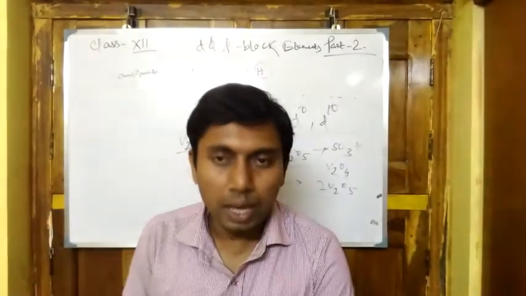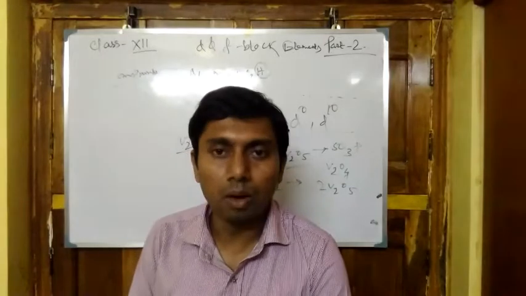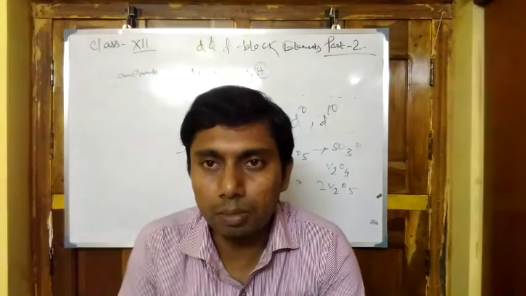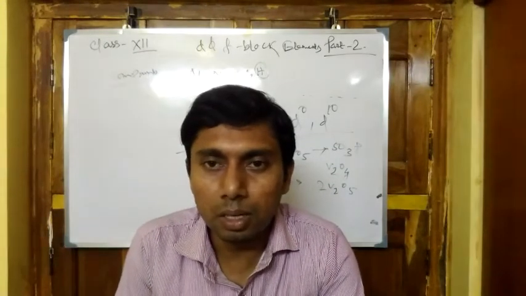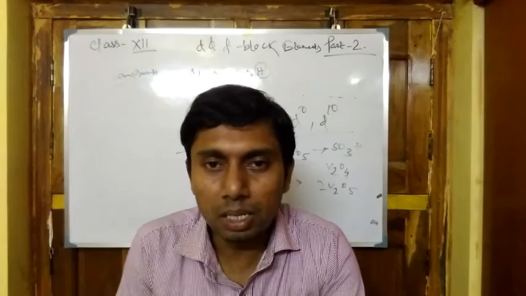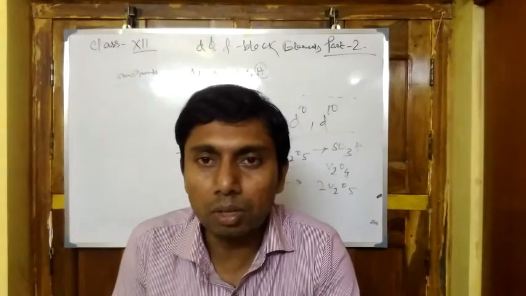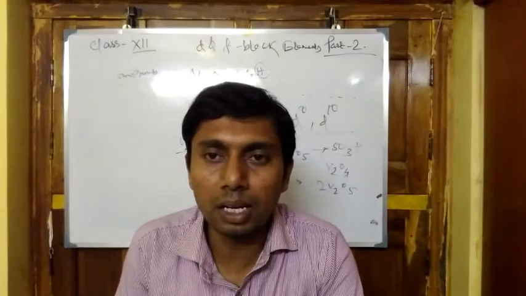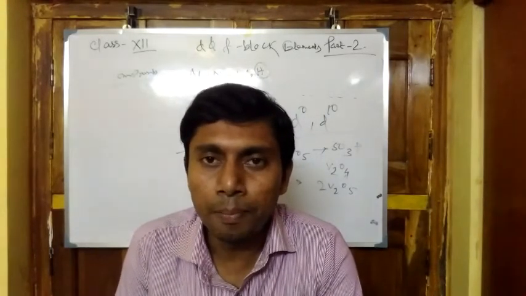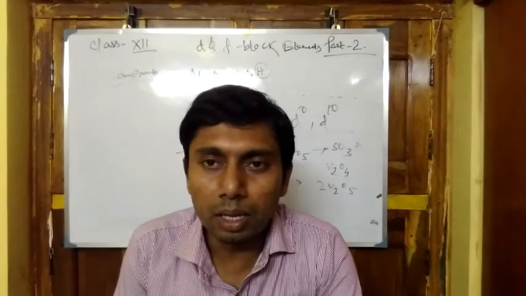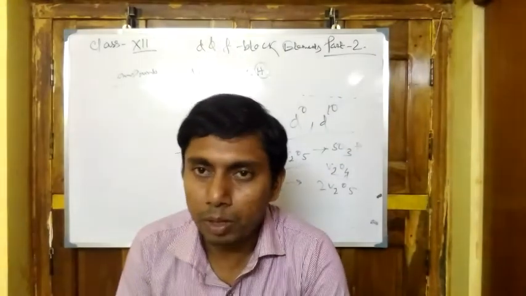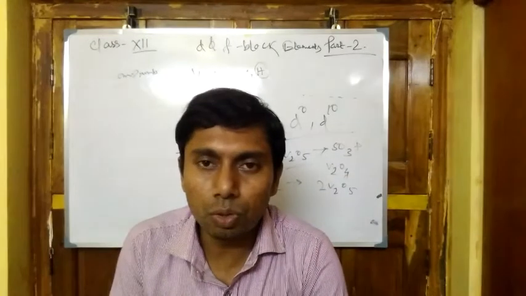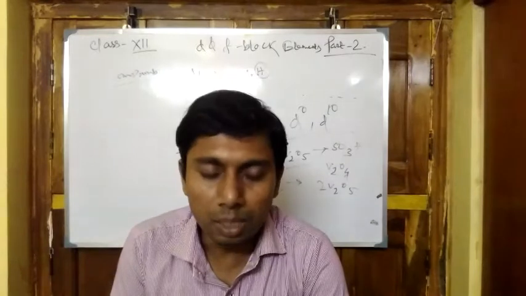Next is the exceptional behavior of zinc. Now just follow the electronic distribution of zinc. It comes with the d10 configuration. Zinc, cadmium, mercury, these three come with d10 configuration. Now there is a conflict: as there are 10 electrons in the d orbital, they cannot be placed in the d block, but with the view that the last electrons go into the d orbital, they are d block elements.